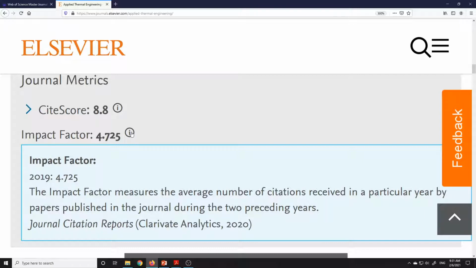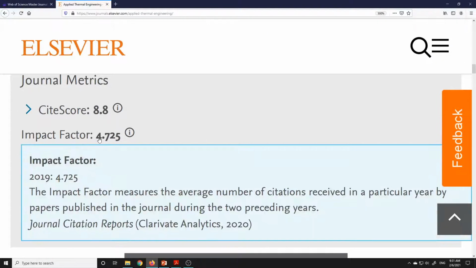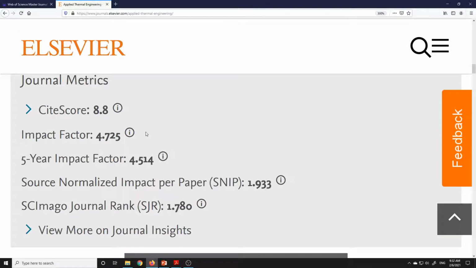That means on an average 4.7 citations this journal receives in a particular year. So these two things are best to see. Simply, higher the impact factor means it is good.